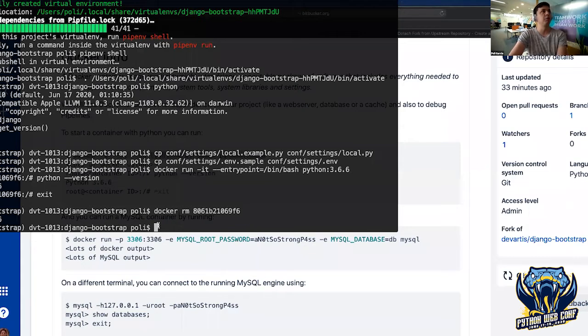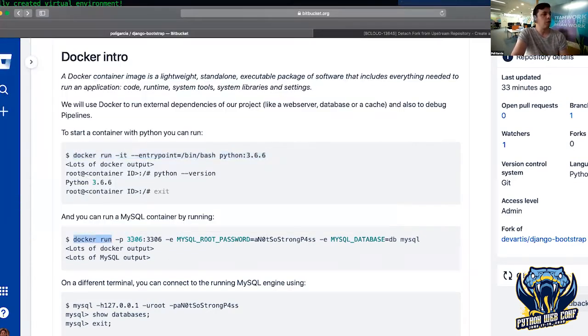Or you can, for instance, also map ports. Okay, you can say, I'm going to run this application, for instance, a database engine such as MySQL. And I want to map the 3306 port in my computer to the 3306 port of the container, which is the default MySQL port. Okay, so if I run this,